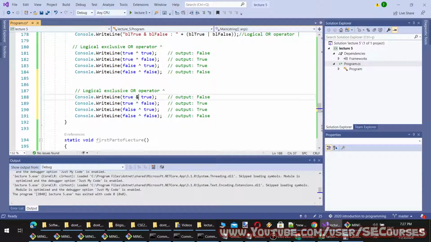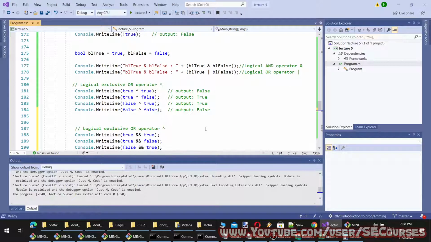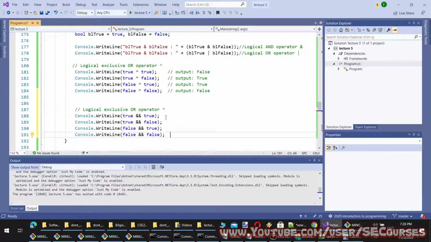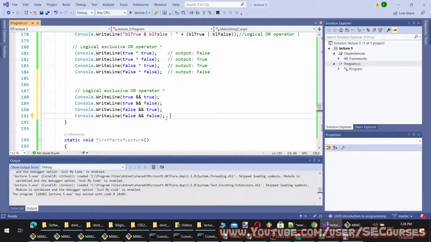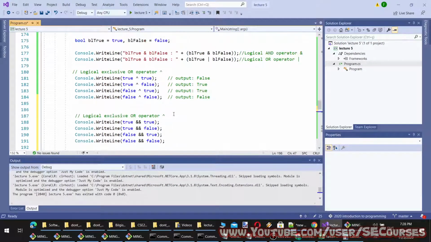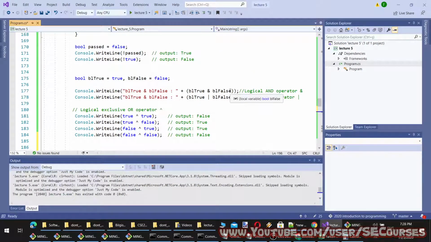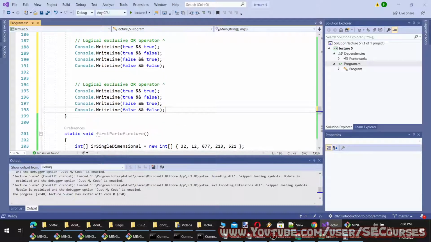True and true, true and false. Let's check the output ourselves. I think we can use this for everything. Okay, let's use it for everything. So it should be easier to understand.